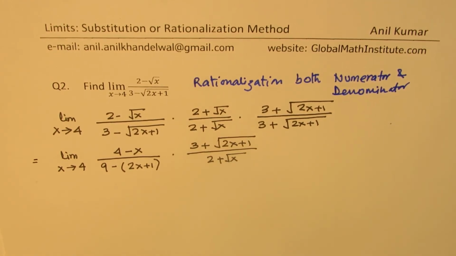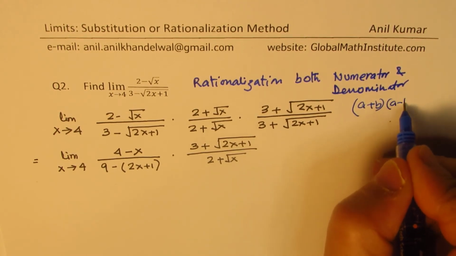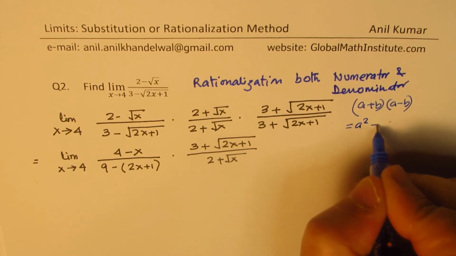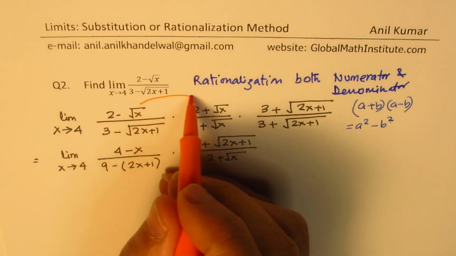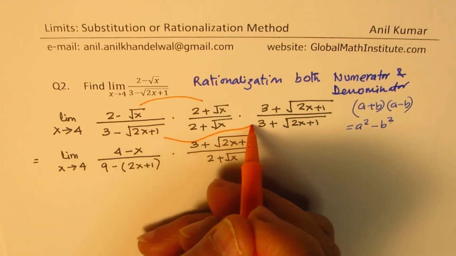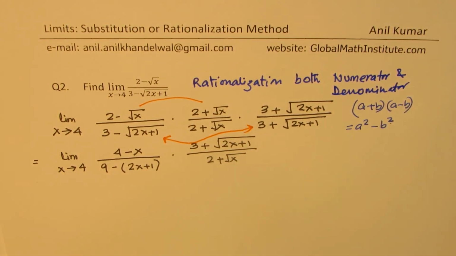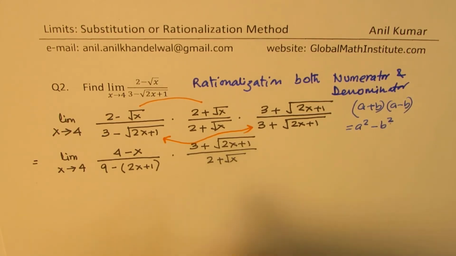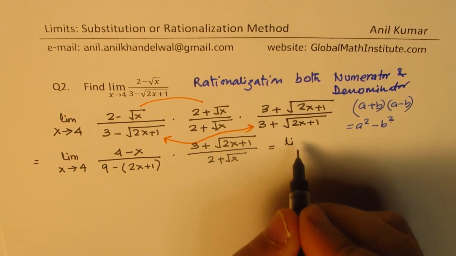Correct? So we use the concept that a plus b times a minus b is equal to a square minus b square. So you multiplied these two in the numerator and those two in the denominator, to get difference of squares, getting rid of the square root terms. And now we can actually cancel the common terms. Okay, so we'll simplify this to get clearly